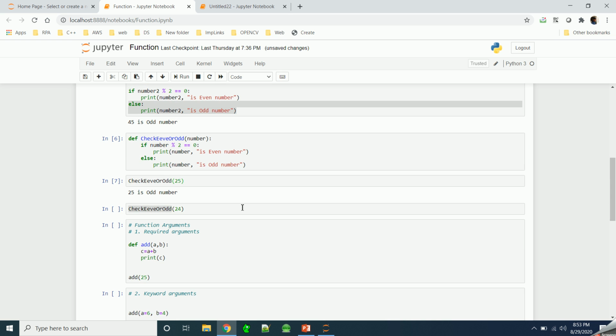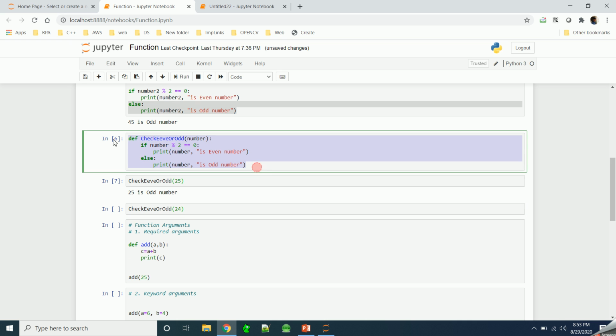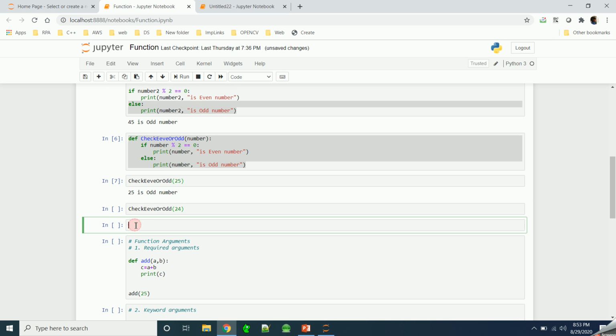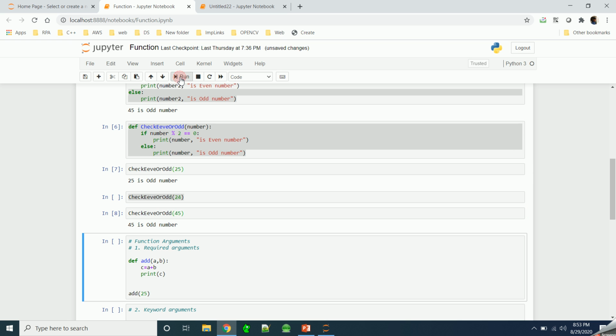With the help of a function, we define it once and call it again and again for multiple values. I can call this function for different values, like 45, just passing a different value and calling it. Now it says 45 is odd.